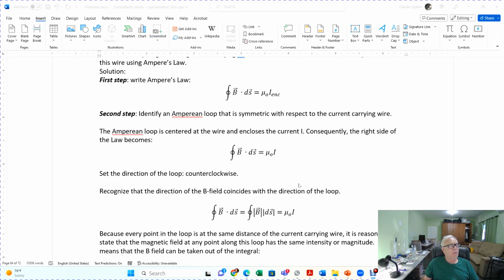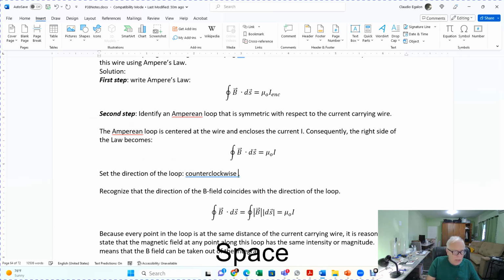So here are the steps. The Amperian loop is centered at the wire and encloses the current I. Consequently, the right side of the law becomes something like that: the integral of B dot ds is equal to mu naught I enclosed. We set the direction of the loop. In that case, I set it counterclockwise,